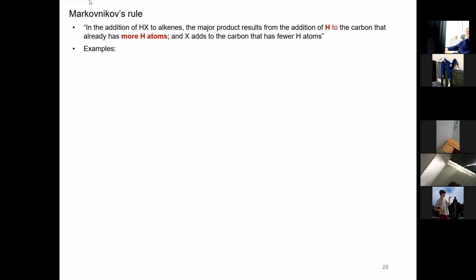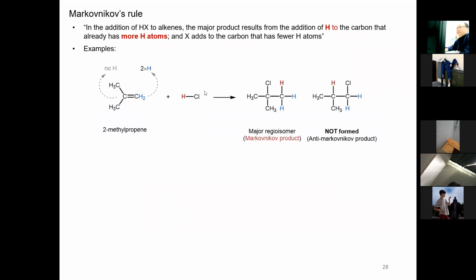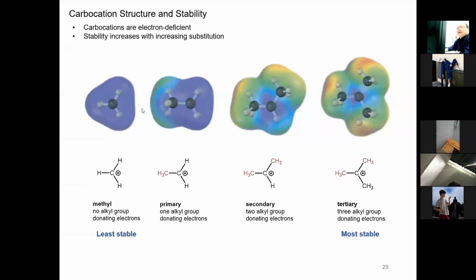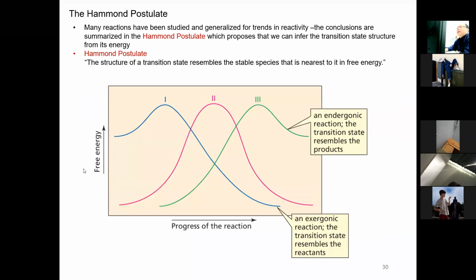We also extended this to why Markovnikov's rule happens. The result of Markovnikov's rule is that the H adds to the carbon with more H, giving the major regioisomer. The reason behind that is that there is a carbocation intermediate involved, and you need to know that the tertiary carbocation is the most stable, and the methyl carbocation is the least stable. Also, a thing you need to keep in mind is the Hammond